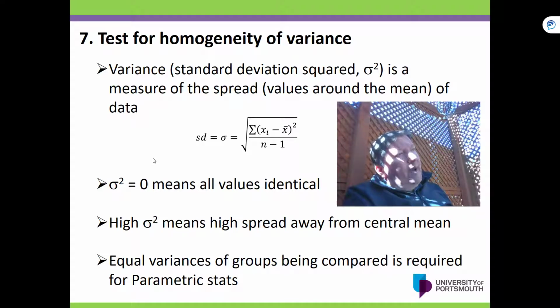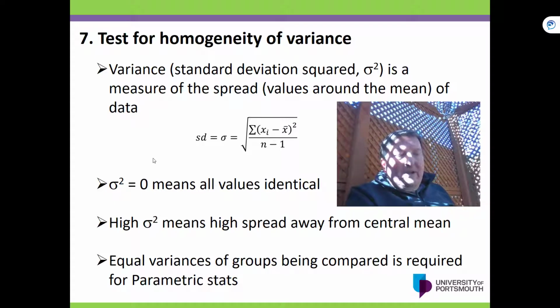So for parametric statistics, equal variances of groups being compared are required. So you must have an equal variance in the group distributions in order to be able to proceed with parametric statistics. And having this equal distribution is what's known as having homogeneity of variance. If you don't have that homogeneity of variance, it's called heterogeneity of variance, and you would need to proceed via